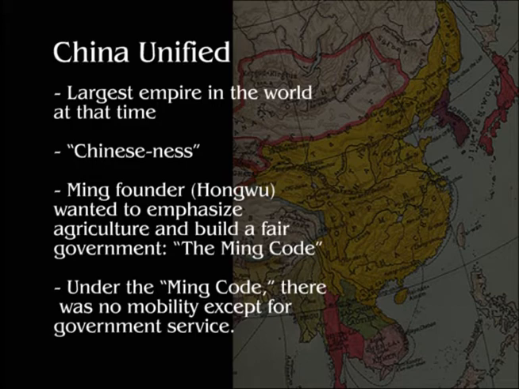He was really invested, at least theoretically, in supporting the farmers since his parents had been poor farmers, and he wanted to save them from the same harsh conditions, the disease, the flooding, the starvation that his family had faced. So some of the things that he does accomplish is he, over a 20-year period, has government ministers compile the Ming Code.